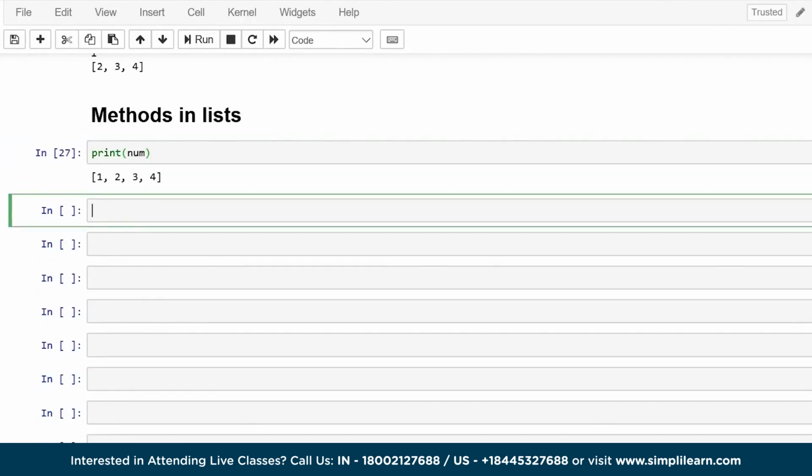Now the first method that we'll be using is the append method. And the syntax for that is the list name, which is num.append, followed by brackets. And within these brackets, you basically insert the element that you want to add to the end of your list. So suppose I want my list to be 1, 2, 3, 4, 6. All I do is enter 6 here,